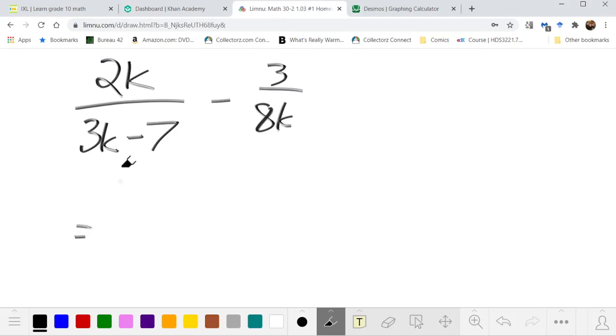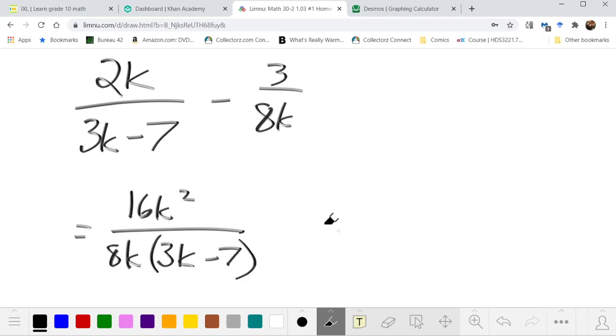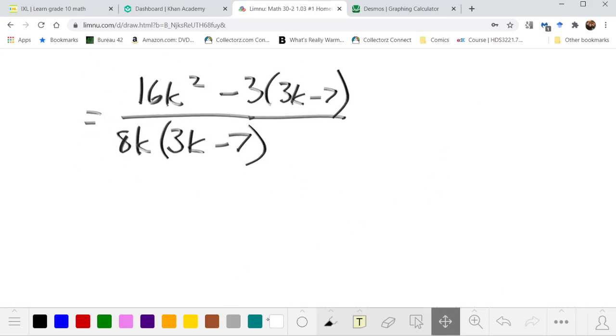To put them over a common denominator, when the 3k minus 7 and 8k have a greatest common factor of 1, we multiply our first term by 8k, giving us a 16k squared. In our denominator, we have 8k times 3k minus 7. Our second term we must multiply by 3k minus 7. So our numerator works out to 16k squared